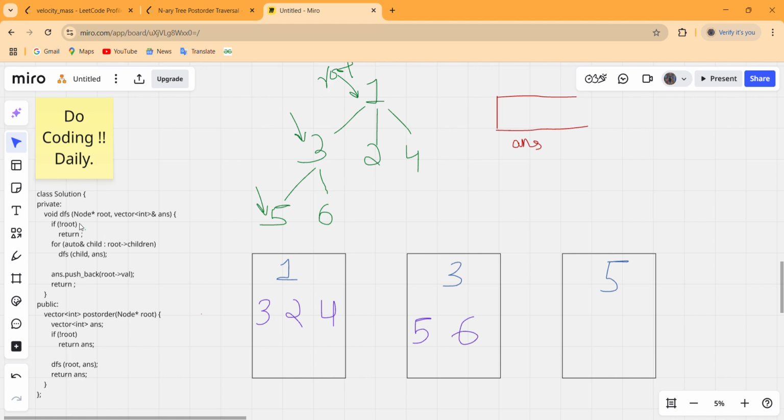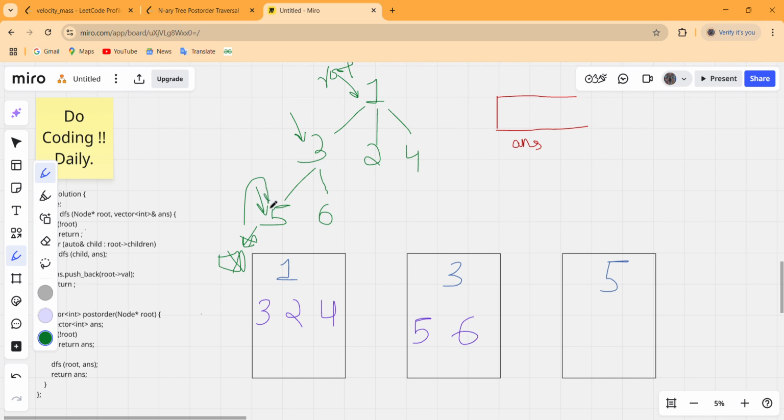We check if the root is empty or not, and this is true, so return. For every child of 5, let us suppose the pointer moves to an imaginary child of this 5, that will be a null pointer. So do not do anything and just return to